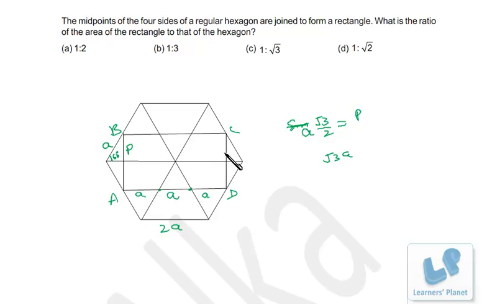Now we got the sides of rectangle, that is root 3 a and 3a. So this is the area of the rectangle. Now we have to find out rectangle by hexagon. For the hexagon, there will be 6 equilateral triangles, and area of each equilateral triangle is root 3 by 4 side square. So side is 2a, so it's 4a square. Root 3 by 4 side square, and 6 equilateral triangles are there, right? Root 3 a square, so it's 3 by 6, that's 1 by 2. Okay, simply you can do. I hope you are clear.